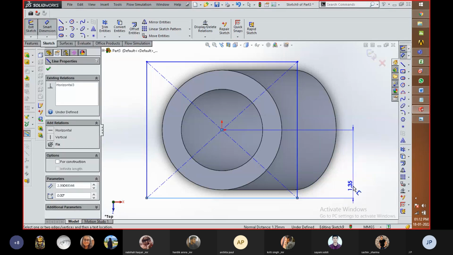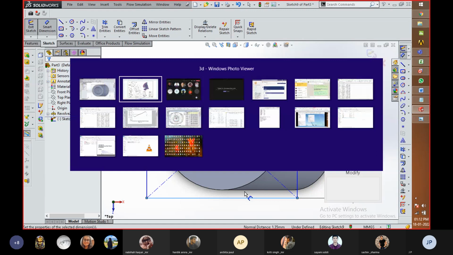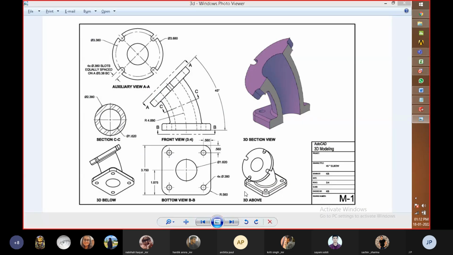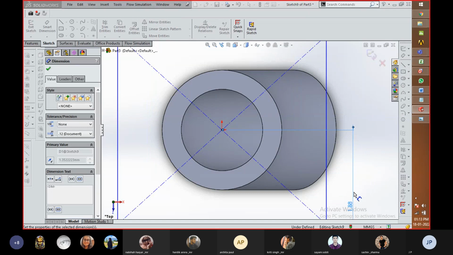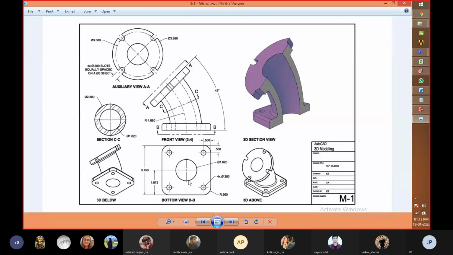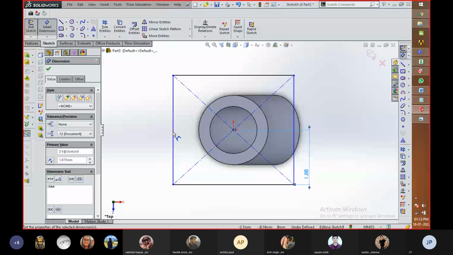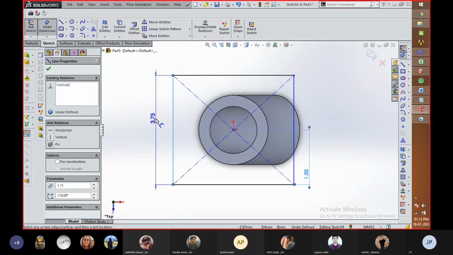Okay, so what was the dimension? 1.875. Then press OK. Now the other dimension is 3.750. So this was the dimension.